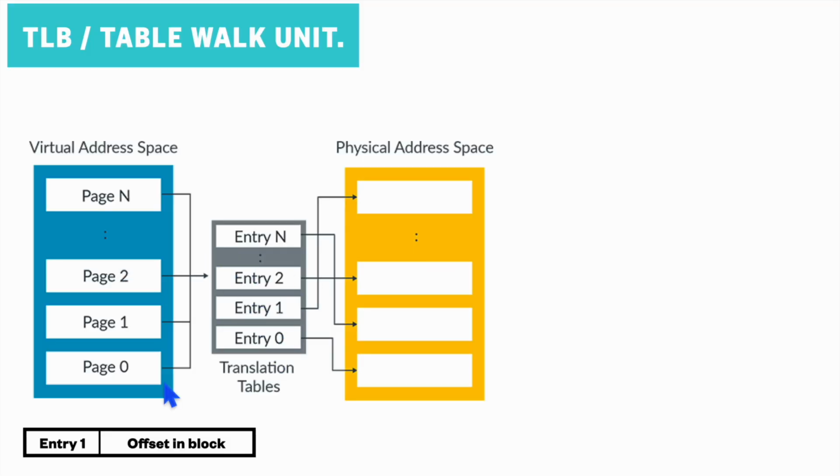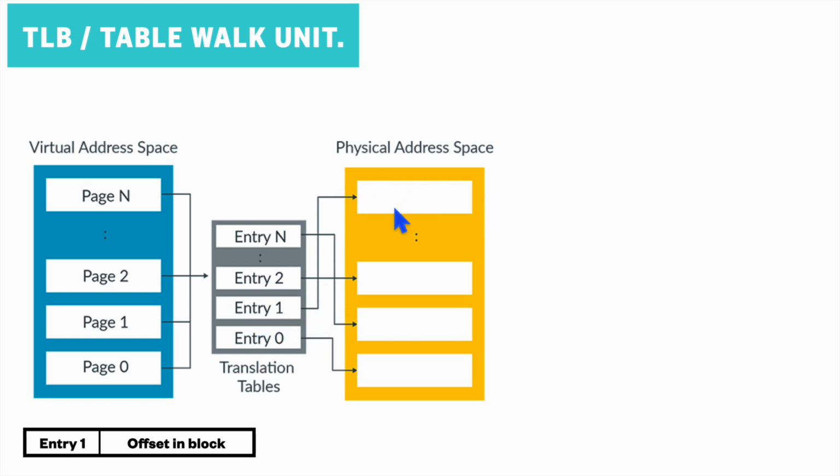So based on virtual address space, it creates equal entries in this translation table, and each entry is corresponding to a particular physical block. So let's say CPU has to convert this logical address. It is having basically two parts. One is offset in block, and the MSB is which entry it has to select. So here this entry is entry 1. So it will come here and it will check in this, and it will find the corresponding physical block to this entry 1. So corresponding to this entry 1, we have physical address this one.